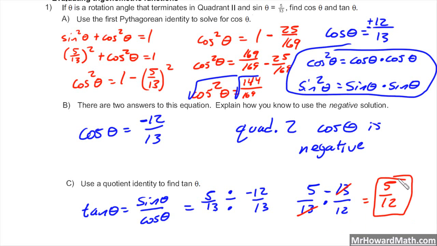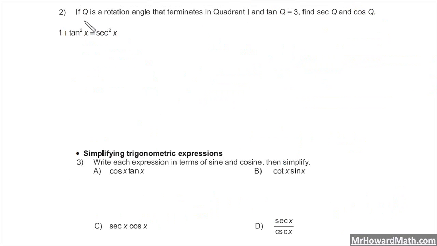That's our answer, and it would need to be negative. We're in quadrant 2, so tangent is negative there. Negative 5/12, final answer. Okay, the second example here: if Q is a rotation angle that terminates in quadrant 1,